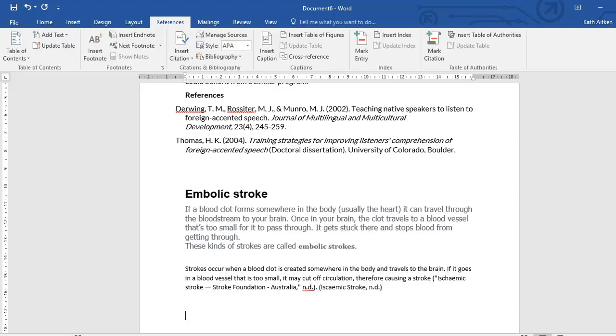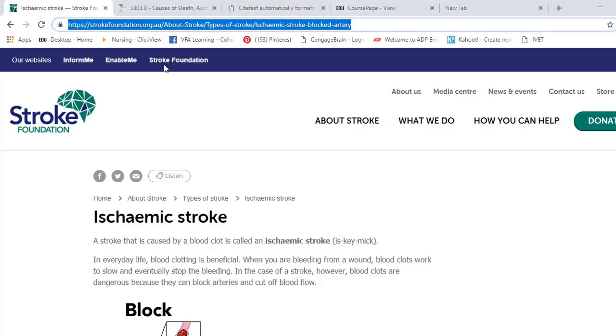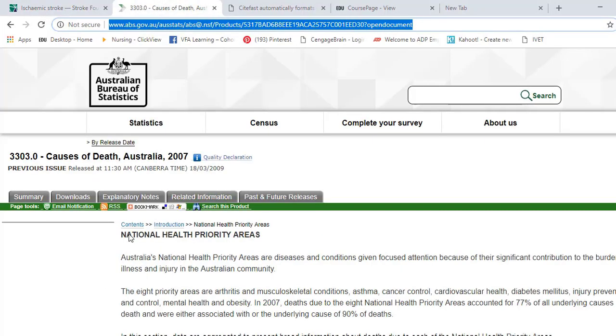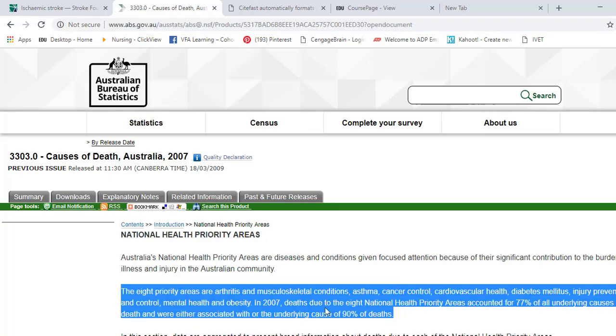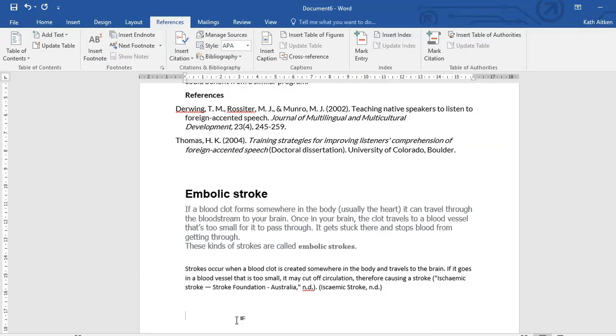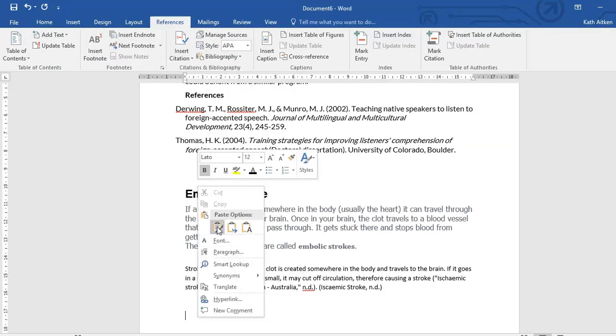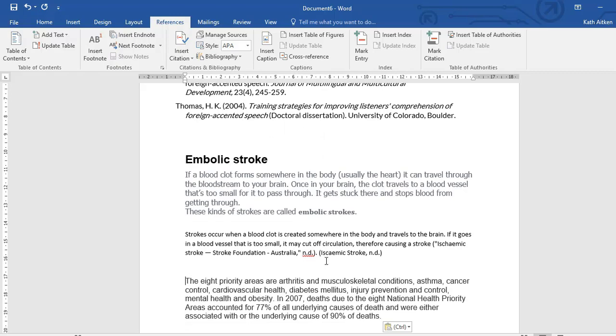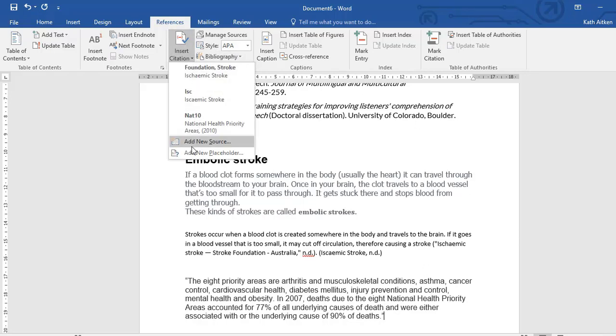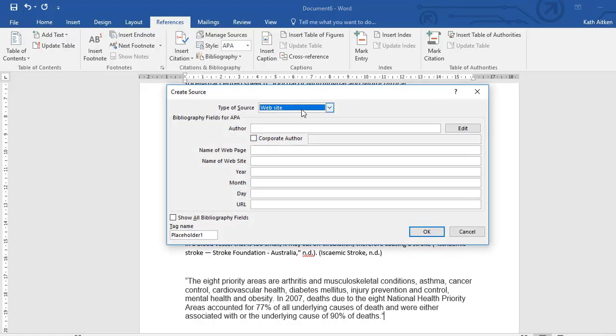So let's say that I obtain some information then from the National Health Priorities area, okay? And I'm just going to take this paragraph and I want to quote it word for word. So I'm going to copy it. And again, we really prefer you to reword it, but I'm going to show you how to do that. I'm going to put quotations to show it's word for word the same, and now I need my citation. So again, insert citation, add new source. Source is a